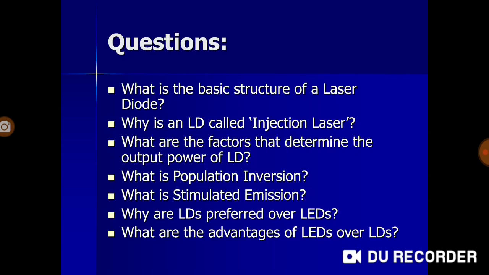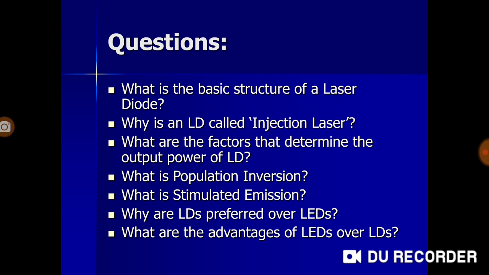Now we come to questions on what we just studied. It completes our discussion on laser diodes as an optical source for an optical transmitter. First, what is the basic structure of a laser diode? We have just discussed the Fabry-Perot cavity that is required and the entire thing. And here you just need to remember that when the photon comes out, that is, when an electron falls from a higher energy state to a lower energy state, the excess energy E is equal to h nu, which is Planck's equation, where h is Planck's constant and nu is the frequency of the photon that is emitted.